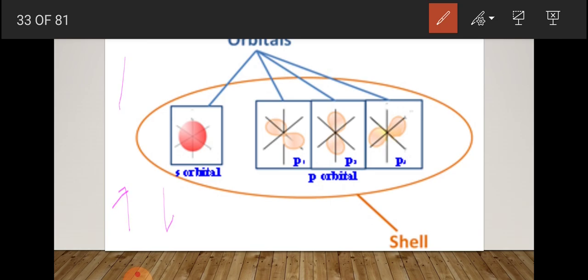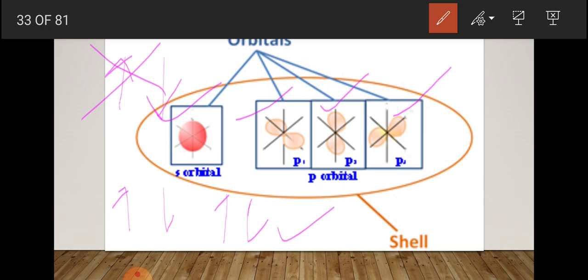In some books, you will find a different notation for the two possible spins, but remember that whenever you are with me, you have to make the half arrow only, half up and half down. This will show the opposite spin. So these are orbitals, s orbital, p orbitals, d orbitals. These will contain a maximum of two electrons of opposite spin.